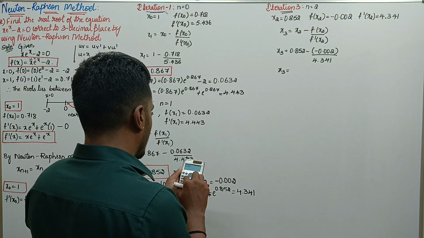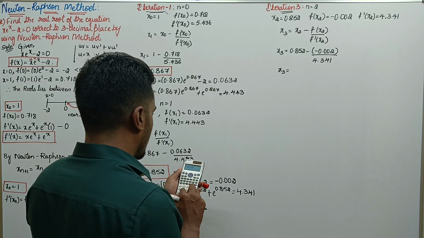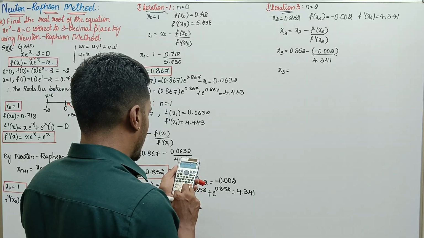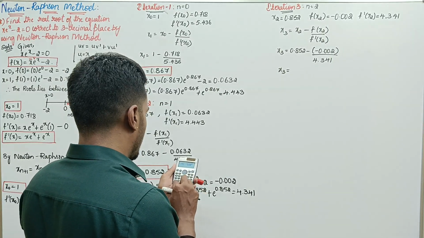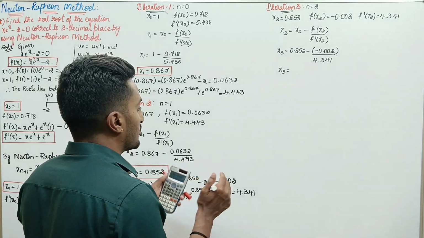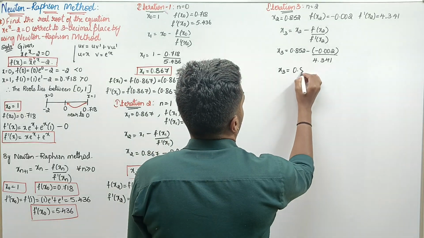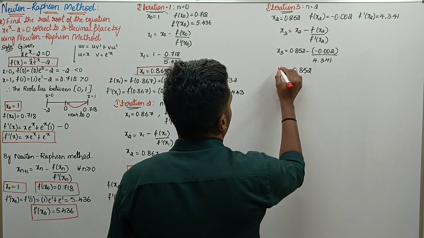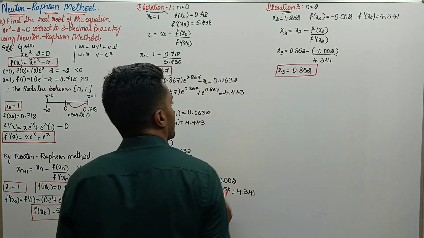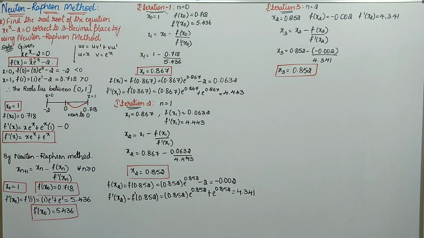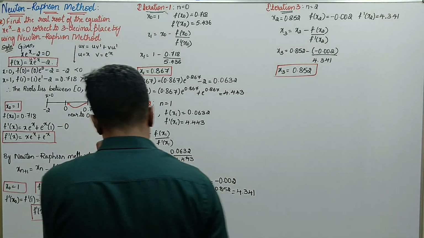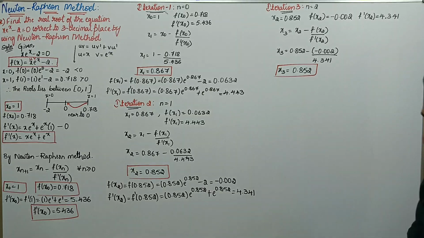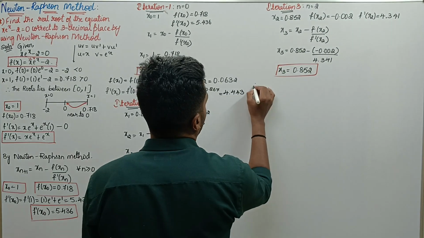We get 0.852. If you check the iteration values with respect to the second and third iteration, x2 and x3 are the same approximation, and therefore you can directly conclude that